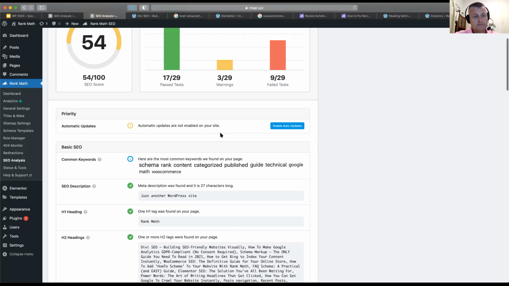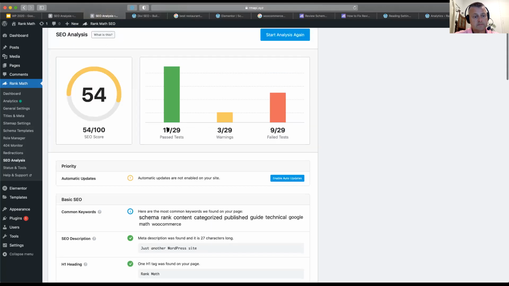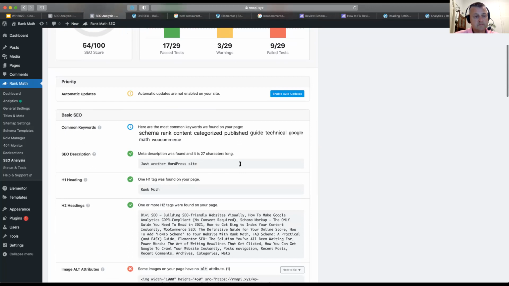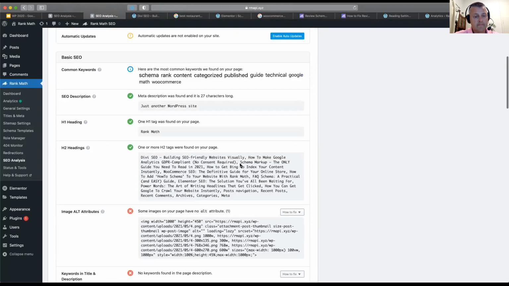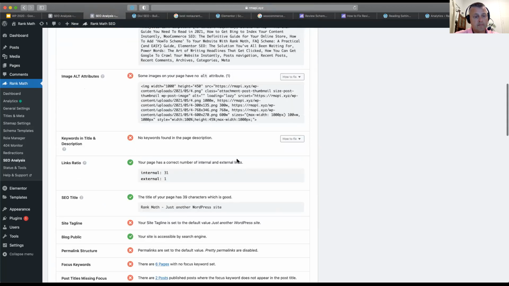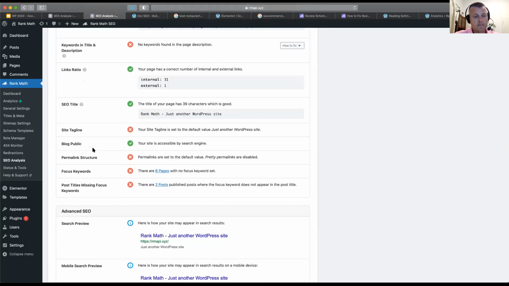So the SEO analyzer in the RankMath plugin checks your home page, not all the single pages. For single pages, there is a different way I'll show you. It also checks your website. As I mentioned, this is not limited to the tests shown inside the Elementor editor, because those tests are more advanced and more inclined to when someone is writing a blog post or optimizing